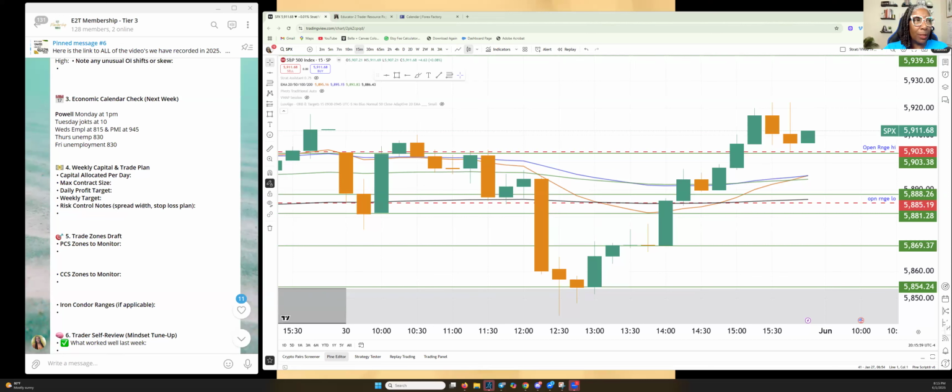Your risk control notes. Are you doing five spreads? What is your stop loss plan? These are things you have to write for yourself. When I talk about my trading plan, it's that I will get out when it touches my short strike. That's why on our call Friday, when price was dancing around and starting to pull back, right around this spot here,